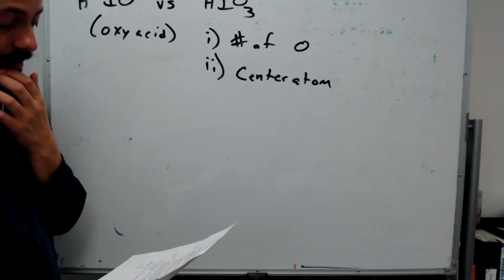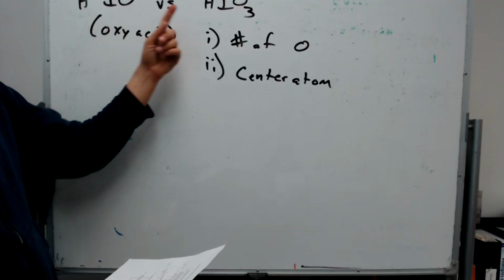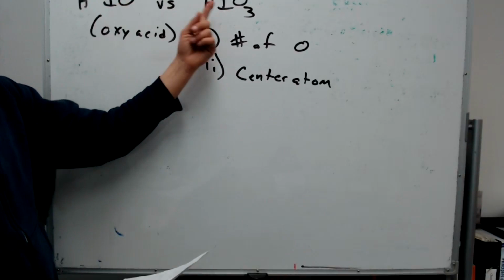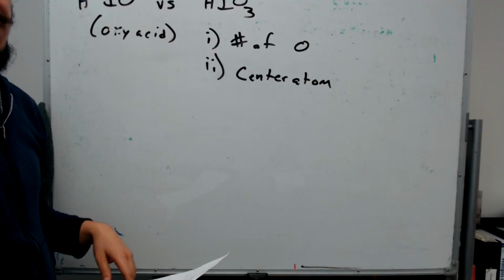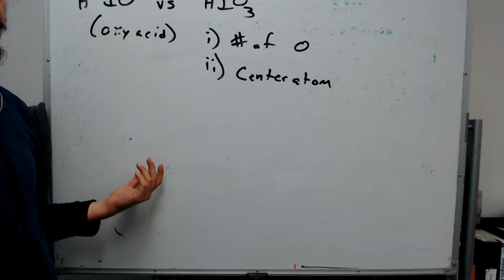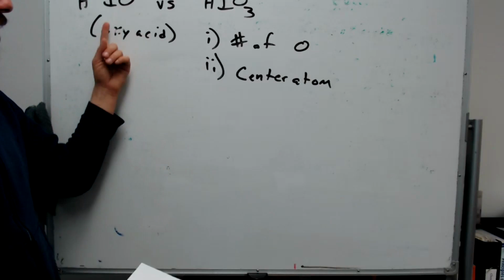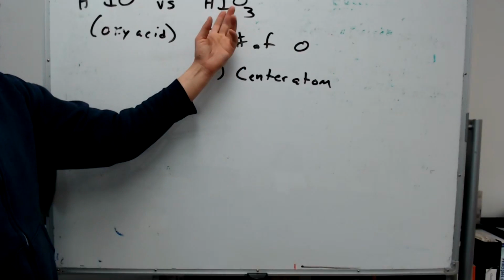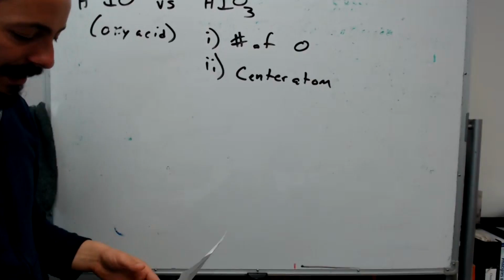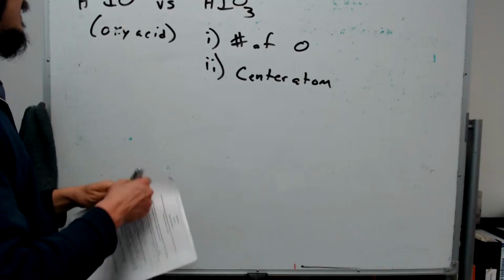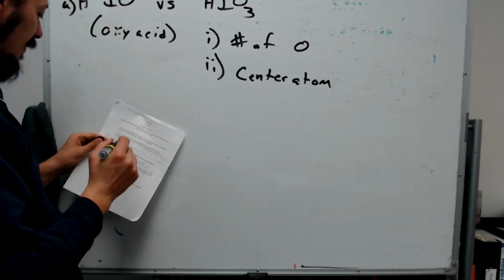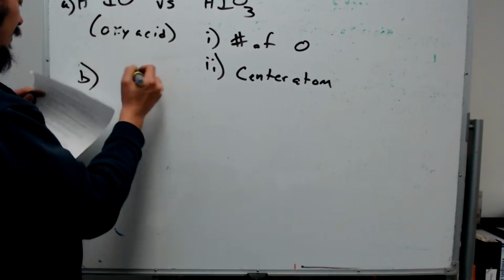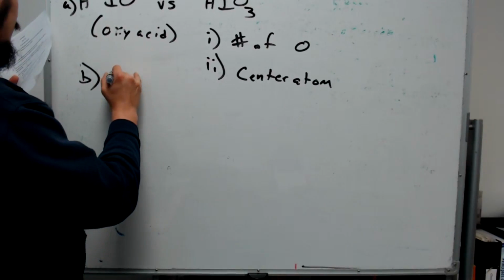For this first one, because we've got the same number of hydrogens and the same central atom, all that matters is the number of oxygens. Which one's stronger? This one? More oxygen. The one with more oxygens is more acidic. So that's part A, and we can do part B the same way. Part B is another pair of oxoacids,